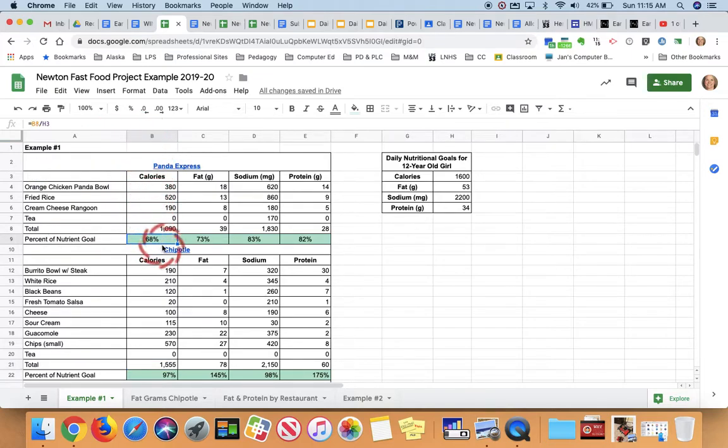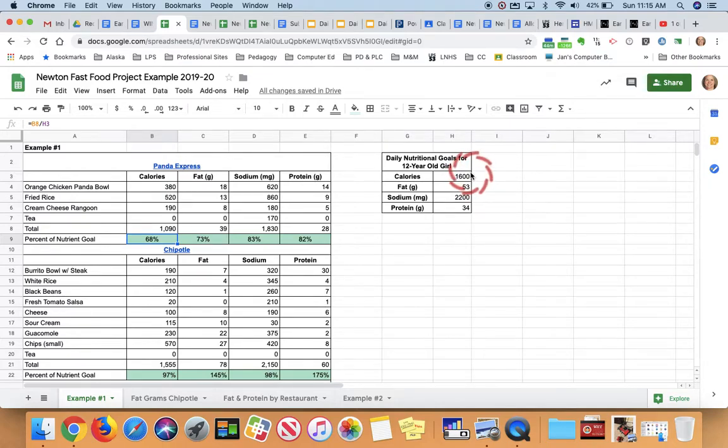This is the calories section. What I am checking is that you did the formula correct. So I'm looking up here in your formula bar. What this requires to get your percent of nutrient goal is you're going to take the total calories in this meal and divide it by the total calorie goal for a day for your gender and age. So in this case, I would be taking 1,090, that's the calories I have in this Panda Express meal, divided